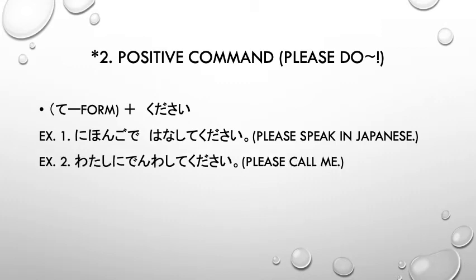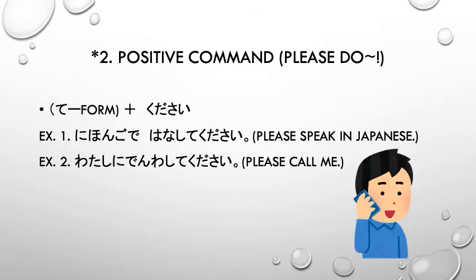Example 2. 私に電話してください。私に, to me. 電話してください. To call someone is 電話します, so 電話して is the te form of 電話します, and then ください. Please call me. いいですか。はい。じゃあ次に行きます。